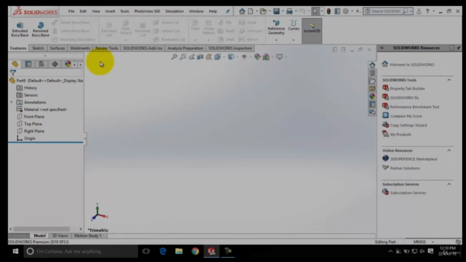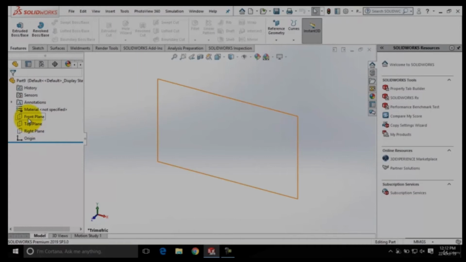So I will click this part button here. You can see we are directed into the part environment of SolidWorks. In this part mode, we are provided with 3 planes, named the front plane, the top plane, and the right plane. First you need to select the sketching plane. Before we select the sketching plane, I need to tell you that this is the FeatureManager design tree tab. It stores all the step history of the part which we create here in the drawing environment.